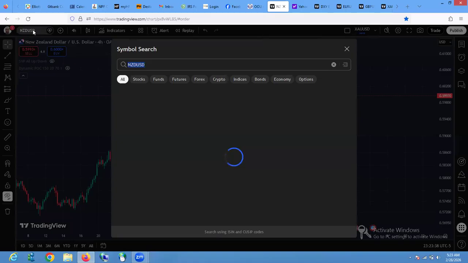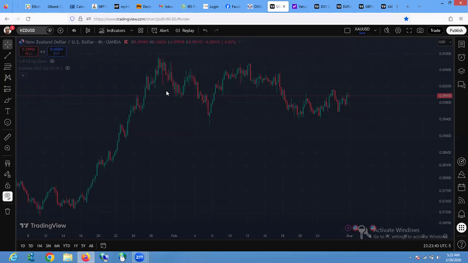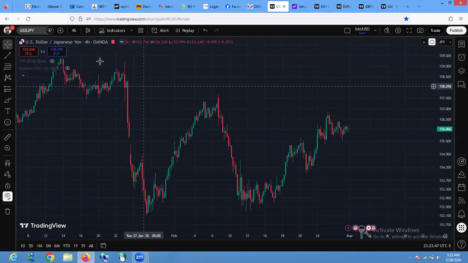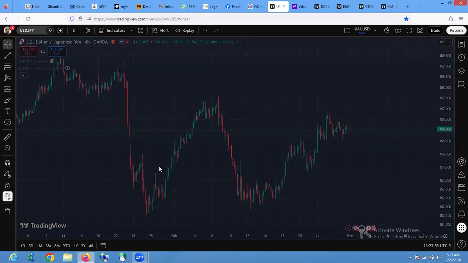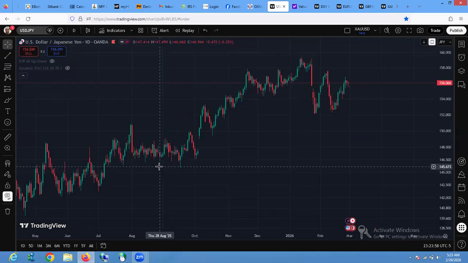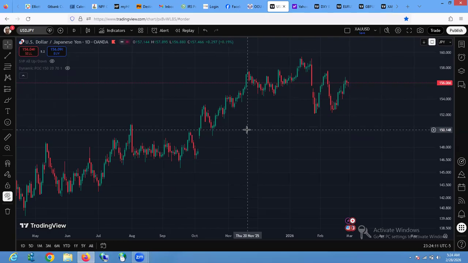USDJPY. This also is dragging to the upside. If we look at the daily time frame, this is where you begin to look at what you want to do as a trader. What you want to do as a trader is to trade what the chart will give you. You trade only what the structure will give you per segment.